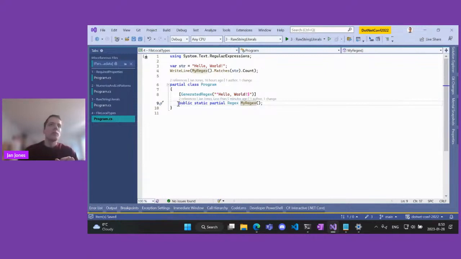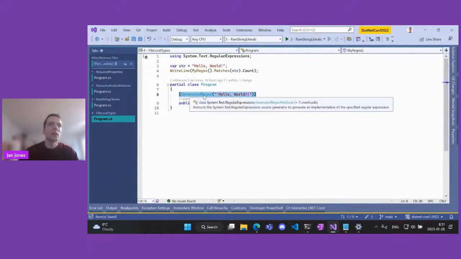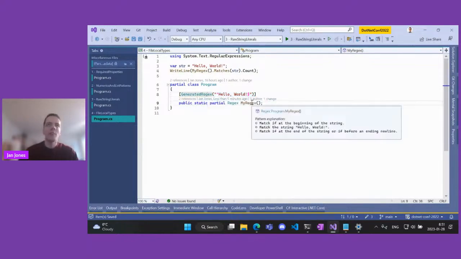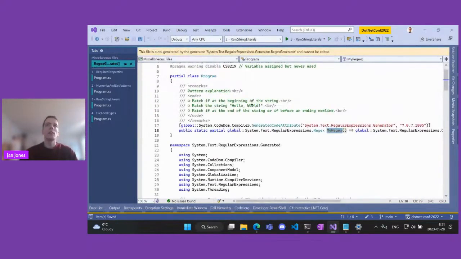So how do you do this? You declare a partial method that returns Regex, takes no arguments, and annotate it with this attribute, GeneratedRegex. Put the regex here, and there is a source generator built into .NET 7 which generates code for you in the background. We can look here. It's actually really nice work